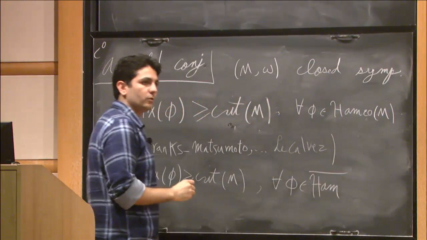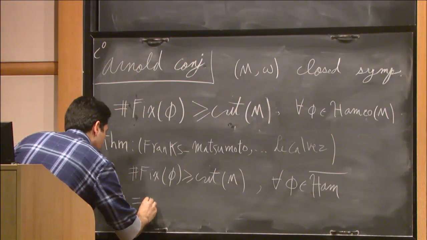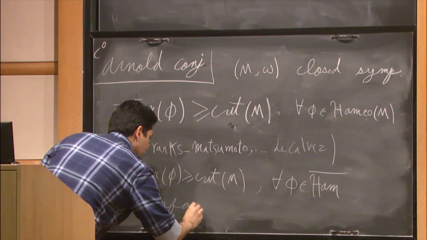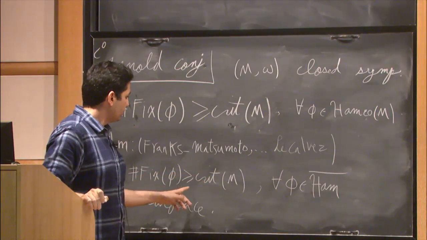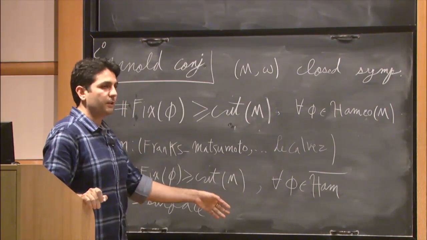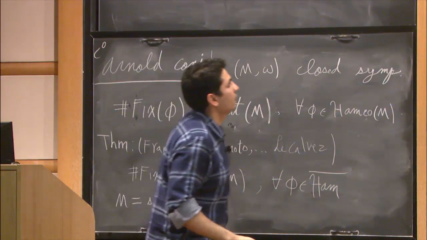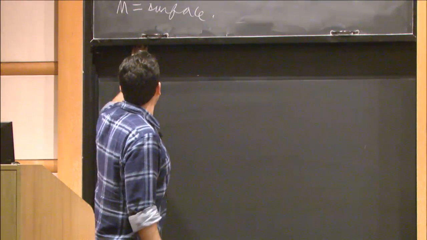So we're looking at the closure of Ham(M) in the homeomorphisms, where M here is supposed to be a surface. This statement says, if you've got a sphere, every Hamiltonian homeomorphism has at least 2 fixed points, and for other surfaces, you get at least 3 fixed points. Okay, so what about dimensions 4 and higher?